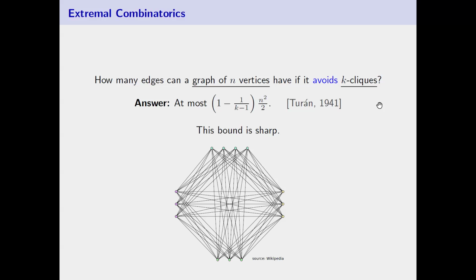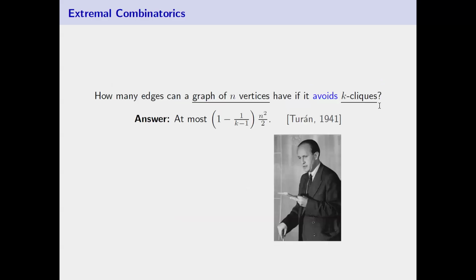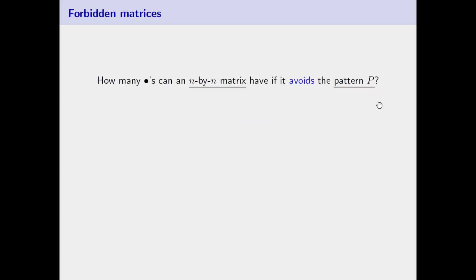Some special cases were studied before, but this was maybe the first question of extremal combinatorics. Afterwards, of course, many other subgraphs were studied, and it's still actively researched. Some cases are still not fully understood. Here is a picture of Turán, one of the founders of extremal combinatorics. I will mention some results like this, but I mostly won't talk of graphs,